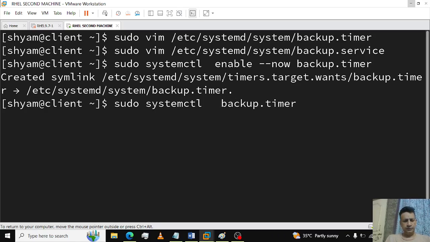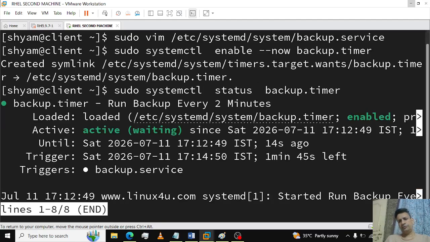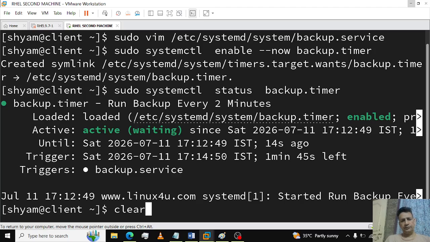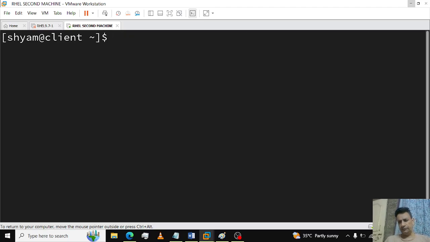So the command is sudo systemctl status backup.timer. Now it is enabled and active, right? So this way the timer is enabled successfully. If you want to see the timers, there is another command,